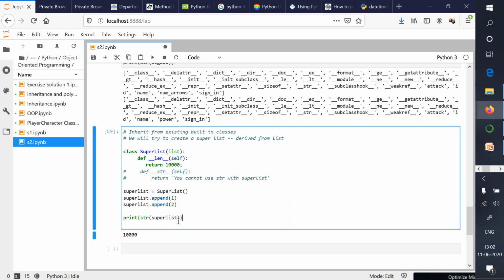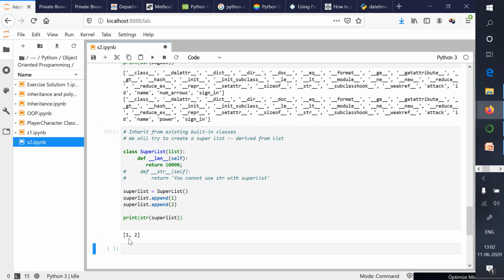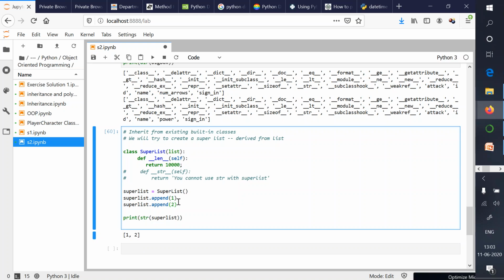Now if I try to print str of super list, what is the output? See, 1 and 2, because 1 and 2 are the elements that we added to the list. And if you print the string equivalent of this list, this is the output you will get, 1 and 2.